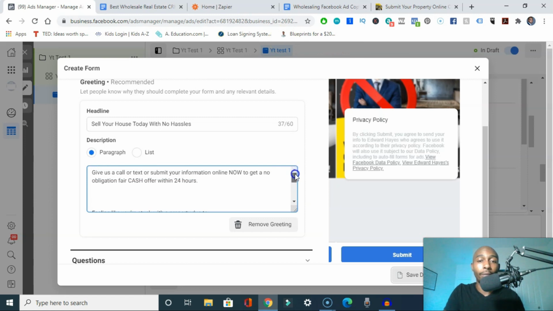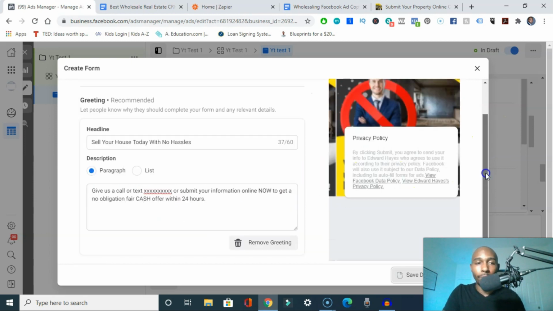So I've got some copy and pasted right here from my website. You can put in something just like what you see here on the screen, like give us a call or text or submit your information online now to get a no obligation fair cash offer within 24 hours. And what I'm going to do right here is say give us a call or text, and then I'll add in the phone number right there. Put your phone number right there. So from that point,